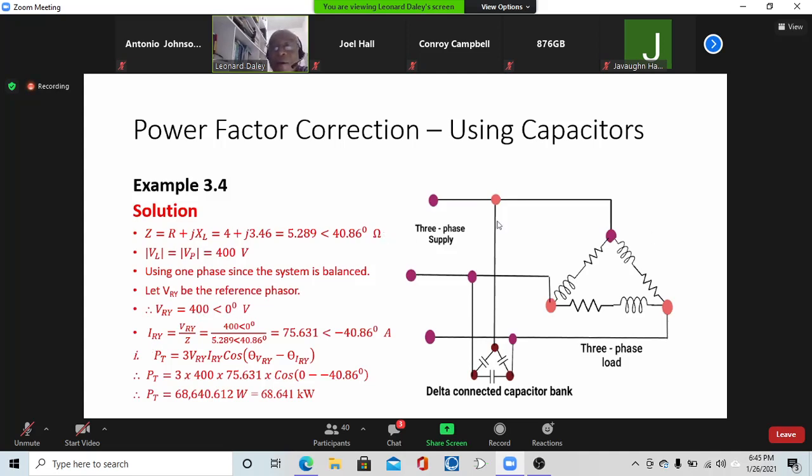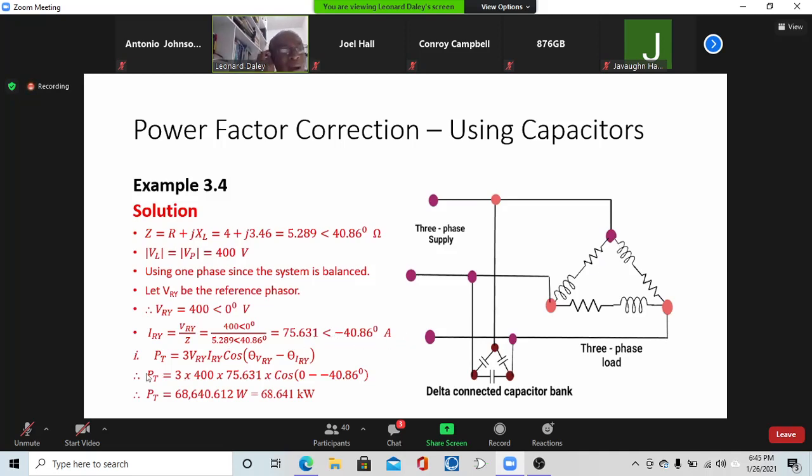So IRY, we don't know which one is R and Y, I think, but I should have put some labels on these. All right. IRY is VRY over Z. So it's 75.631. That's the current at angle minus 40.86. All right, so this is how you do it. 400 angle 0 divided by Z, 5.289 at angle 40.86, gives me a phase current of